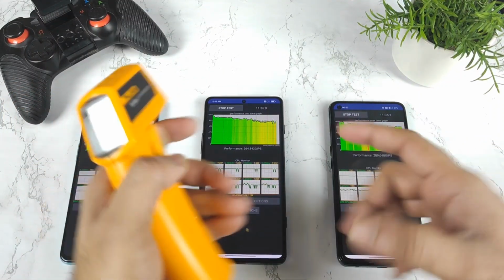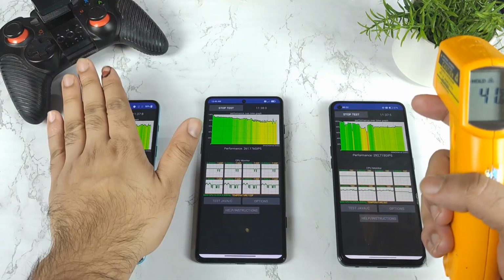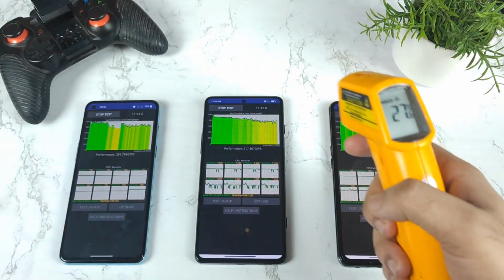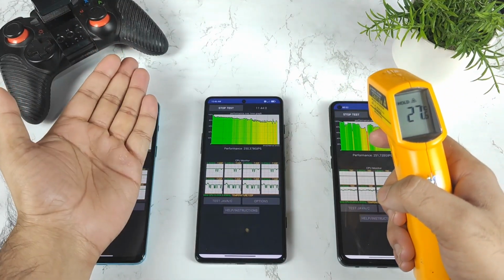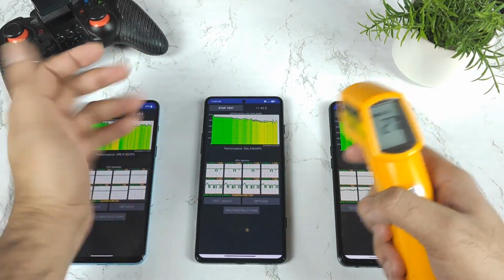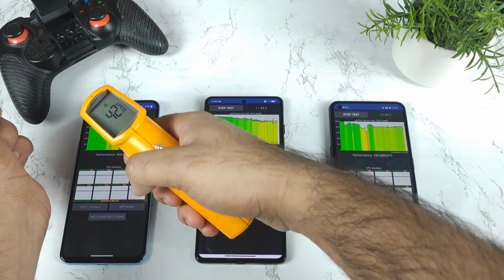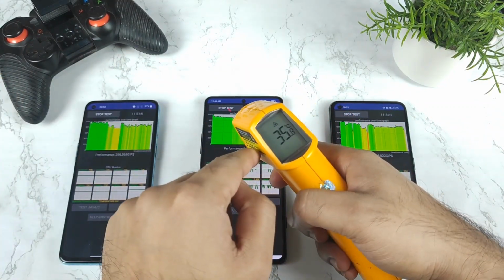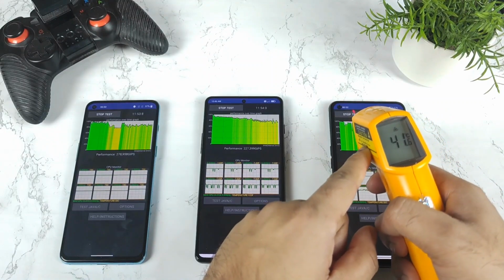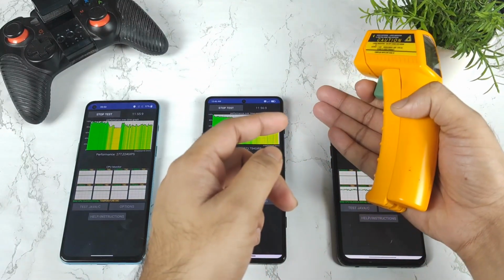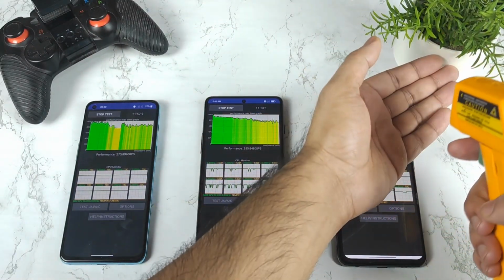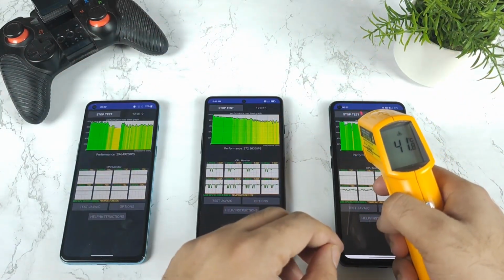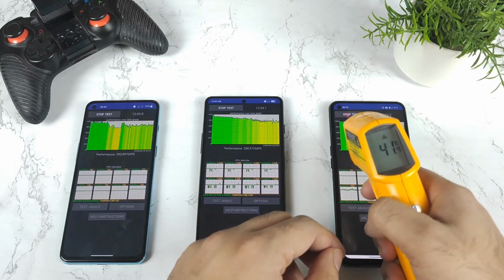Wow, 41.6 degrees. I can actually feel the heat coming from the phone, friends, because right now it's kind of winter season. That's a pretty warm feeling from 42 degrees on the OnePlus Nord 2, and 36.6 degrees Celsius on the Poco. And Realme X1 Max 41.6. Even the Realme X1 Max started to get, yes, both phones are pretty warm at this moment. Realme X1 Max and the OnePlus Nord 2, 41.8 degrees Celsius.